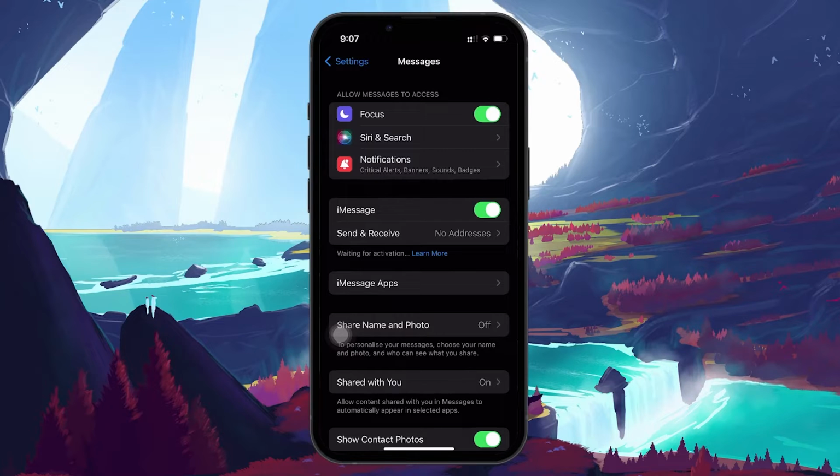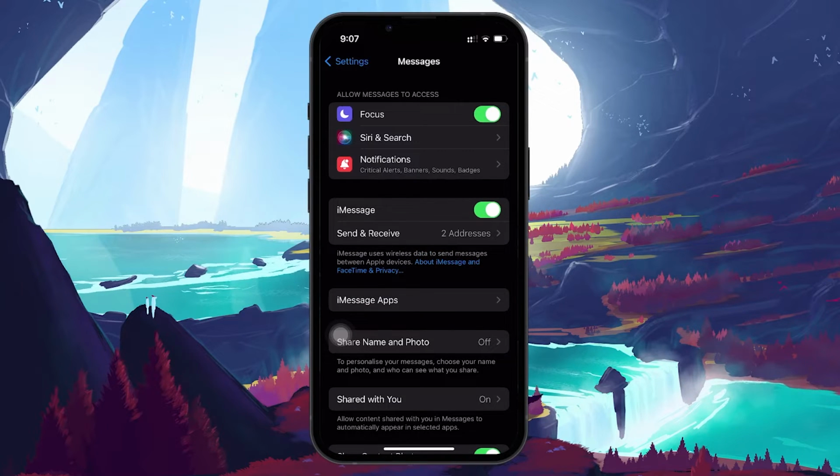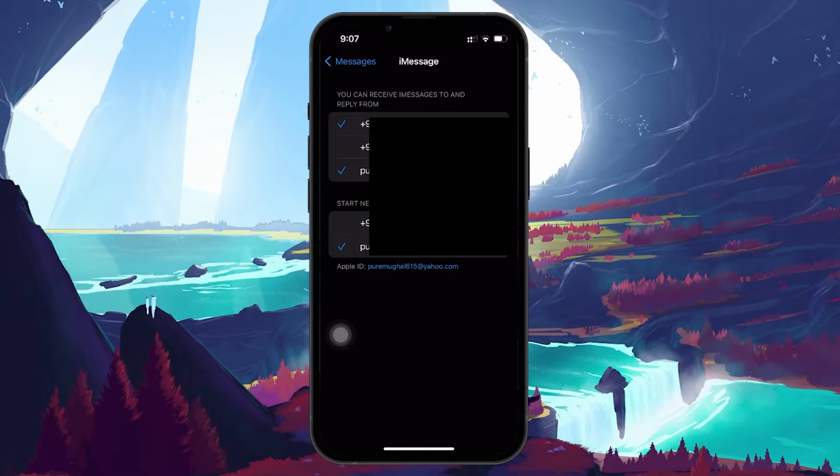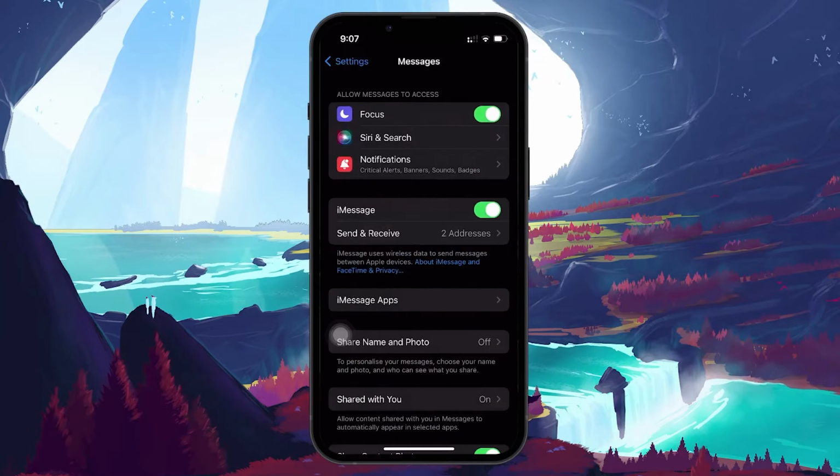After you toggle iMessage, it will take a few moments to reactivate. Once it's reactivated, if you're still facing issues, check under Send and Receive. Here, you can see which phone numbers or email addresses are enabled for sending and receiving iMessages. If your phone number isn't working for iMessage, you can select an email address as your sending and receiving address instead. If the details here aren't correct, such as a missing email address or an incorrect phone number, you can